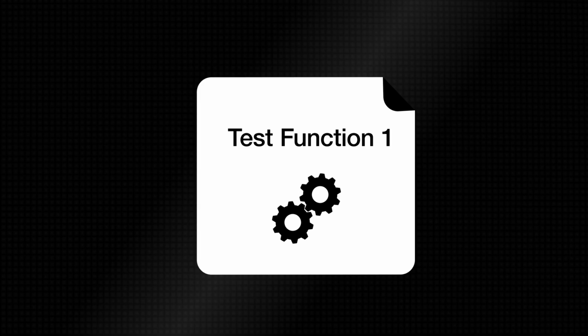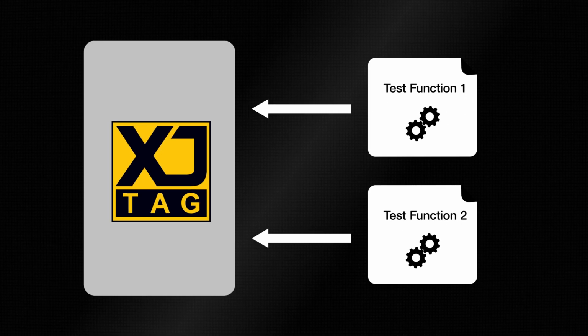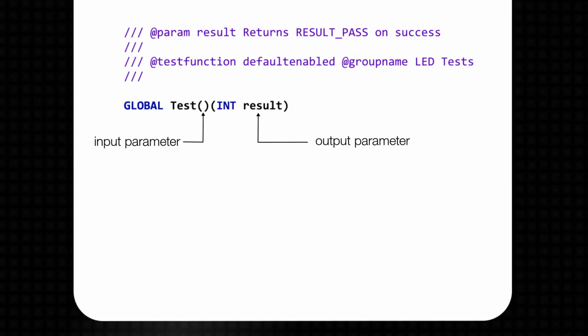Just putting a function into a test device file isn't necessarily going to mean you can add it to the test list. There are three criteria that it must meet first. One of them arises because a function in the test list has to be able to tell the system the result of the test. Therefore, one criterion is that the function must provide only one return parameter, which must be an integer that indicates pass or fail.